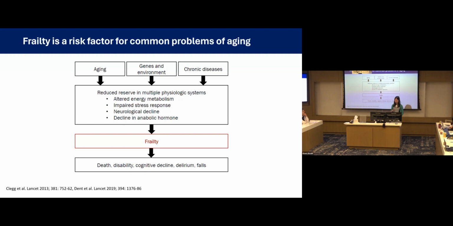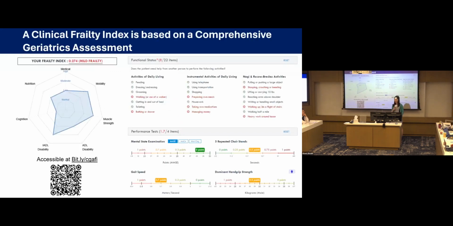So my particular interest actually focuses on frailty, and in particular, because as a clinician, we recognize frailty as a syndrome of diminished physiologic reserve, meaning that older adults who are frail are more vulnerable to poor health outcomes. This might be something like disability or death, certainly cognitive decline, falls. But because it is a common risk factor for so many problems that are related to aging, we recognize it as a very good predictor of common health problems related to aging.